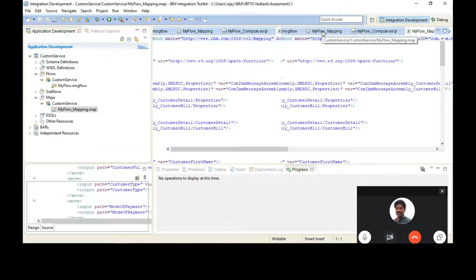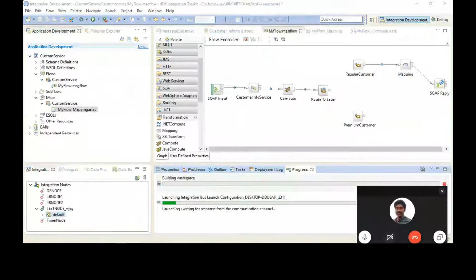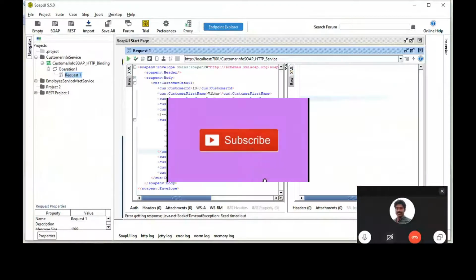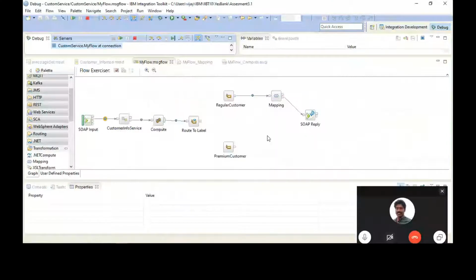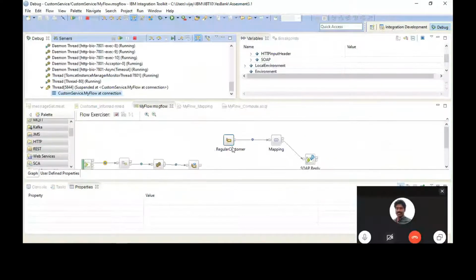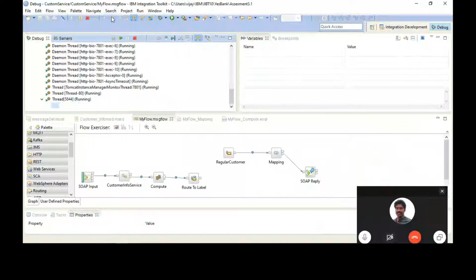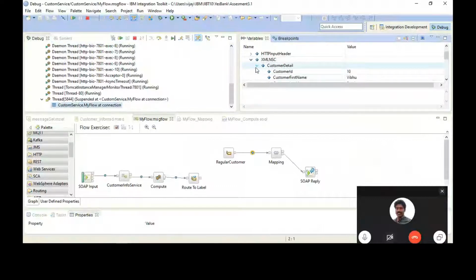Trigger a message. Go towards next, next, next, next.